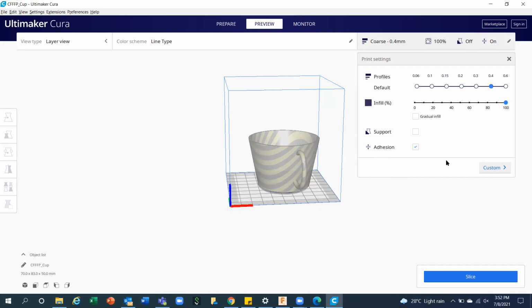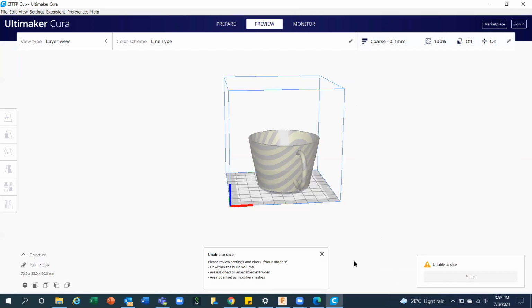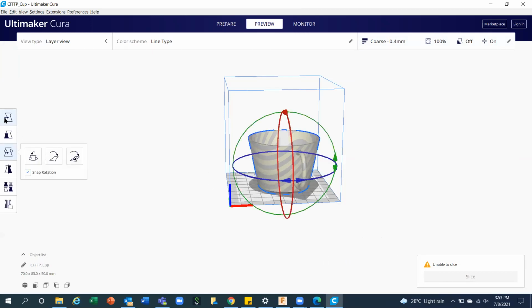So I'm going to take 100%. Right? After performing all these things, you can click slice. Building volume. Okay, let me move it.